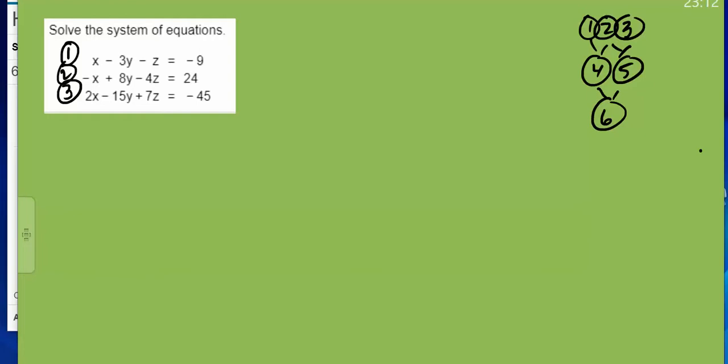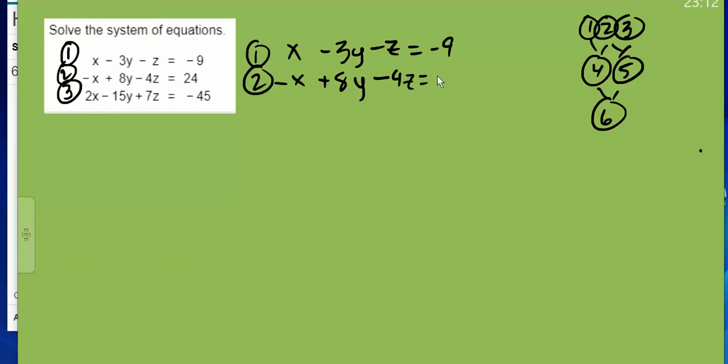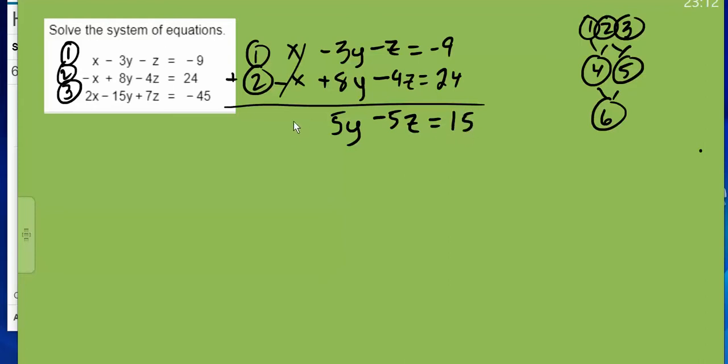Okay, so let's see. If I take equation 1 and equation 2, I can get rid of x. And I don't need to do anything other than straight add them. So let me write them down. 8y, 4z equals 24. So that would be 5y minus 5z equals 15. So that's equation 4. Equation 5